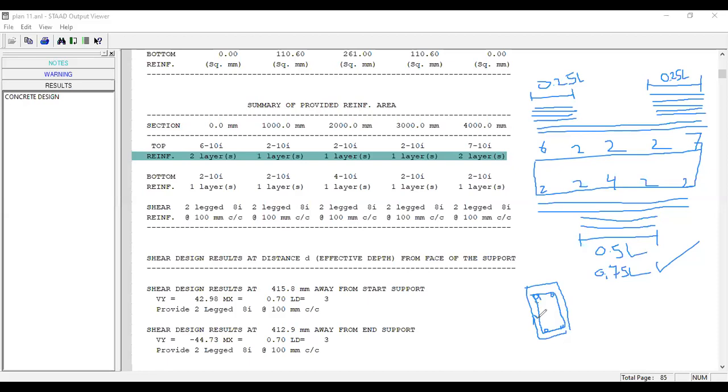So this stirrup has two legs, one leg and two legs. We call it a two-legged stirrup. You need to provide that stirrup in this beam like that, a vertical stirrup.